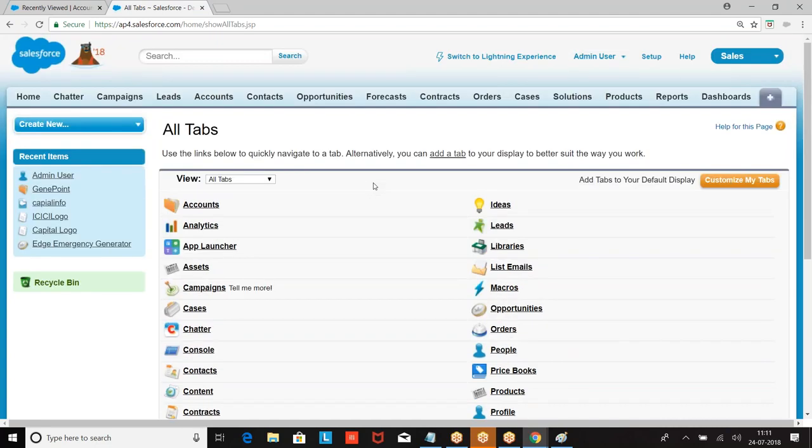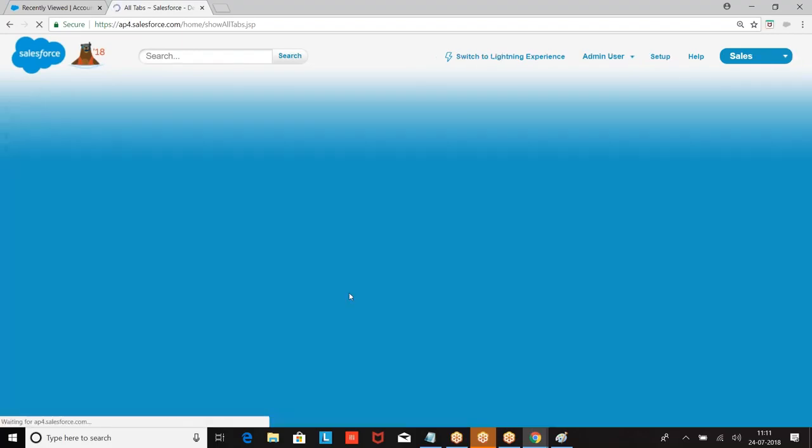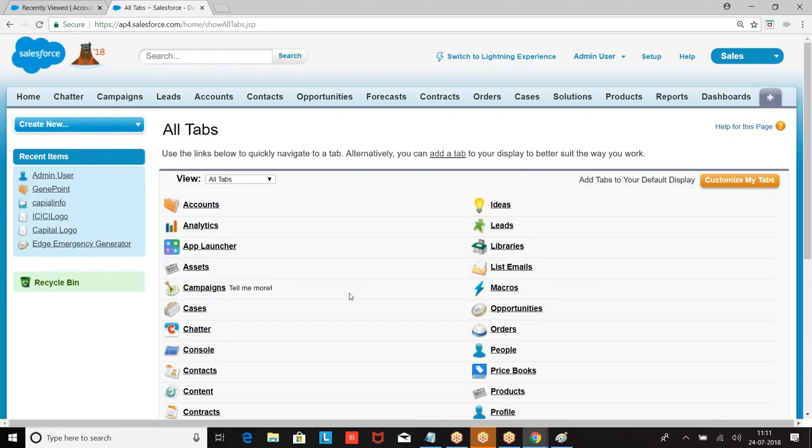Whichever tabs are not on the tab panel, I will click on the plus sign and see the list of tabs. Default on means you can see the tab, and the tab is on the tab panel. Default off, you can see the tab, but it is not on the tab panel; you have to click on the plus sign and see it. I hope you are good with this.